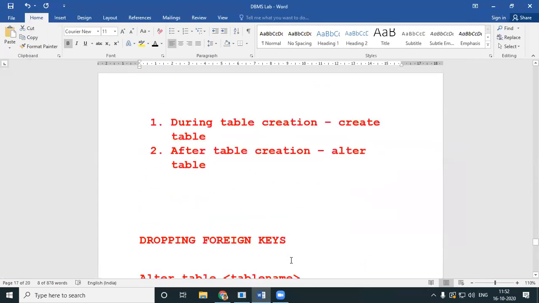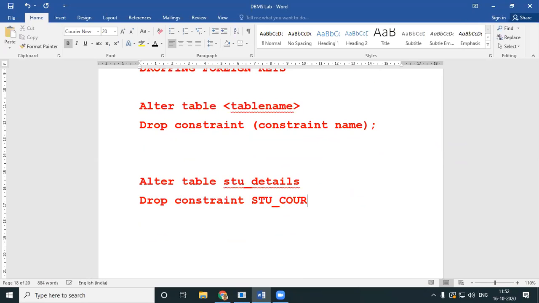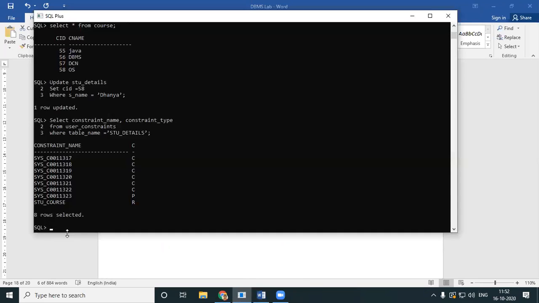So I'll write alter table stu_details drop constraint. What was my constraint name? stu_course. I'll copy this and paste it over there.